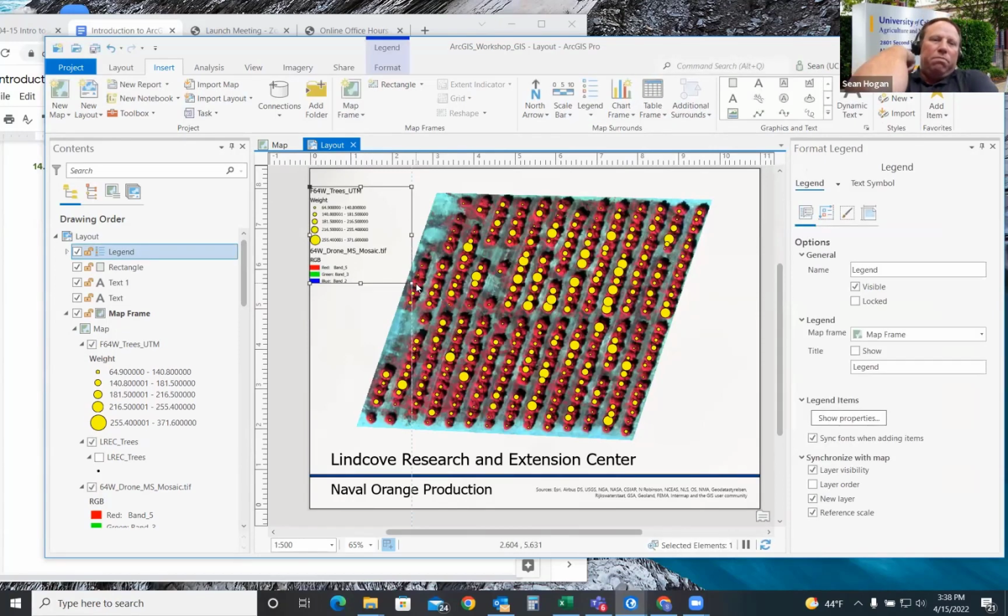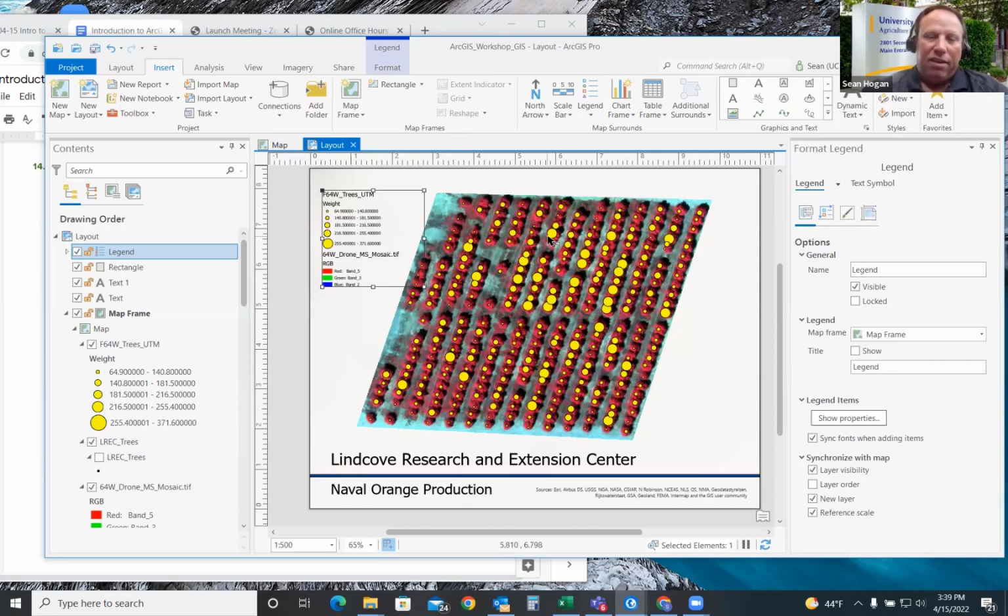You're going to get more options in there than you really need. You don't really need to have the 64 West drone mosaic. I mean, what does that mean to anybody? So we could change that for sure. You also see that you have these really long multiple decimal point values for the dots that don't really make sense either.